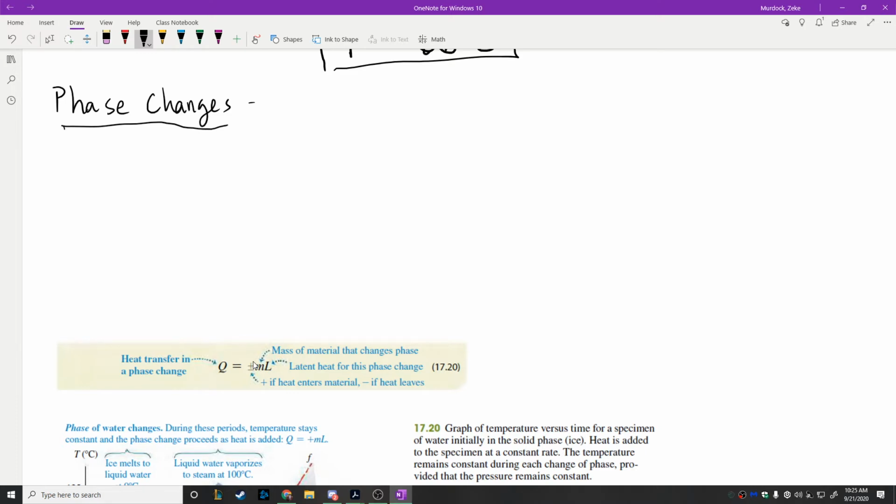And for an object to go from a solid to a liquid, that process is called melting. Then we need to know something about the material. And the thing that we need to know is what's called latent heat. For this case, we need something that's called the latent heat